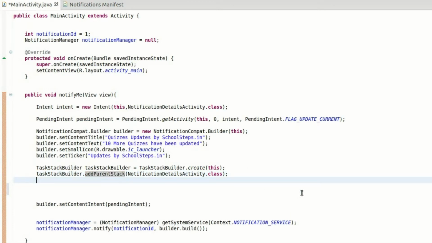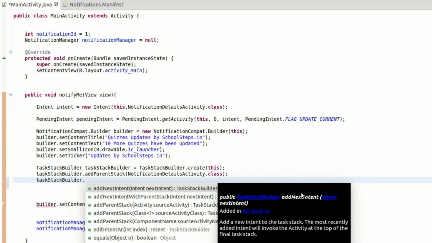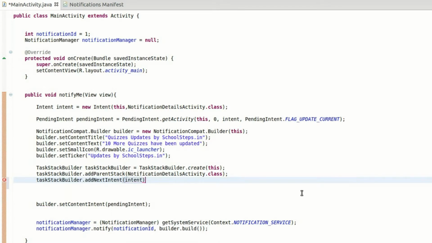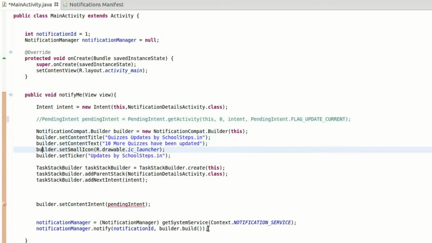The next thing here we need to do is we need to set taskStackBuilder.addNextIntent, and we need to pass intent here. We have already created one intent here. The next thing is we need the pending intent. We have already created this, but we need to comment this pending intent because we need to get it through the task stack builder now.